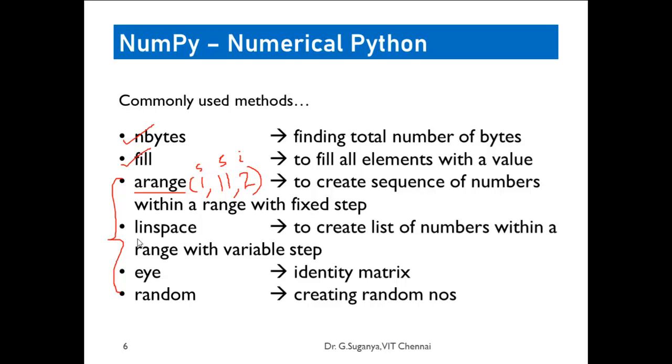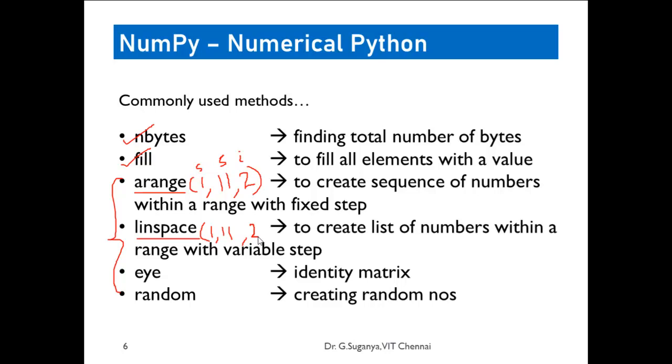Then linspace, okay, lin space. This is also very useful, but it's slightly different from arange in the sense that if I give the same values 1, 11, it will start with 1 and end with 11. It will include 11 also. The third parameter states how many values you want between 1 and 11.